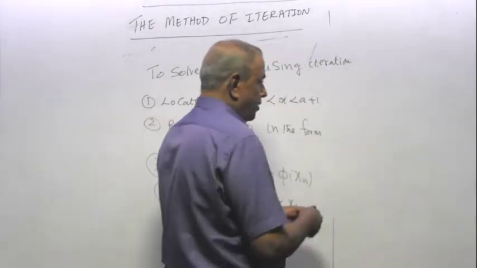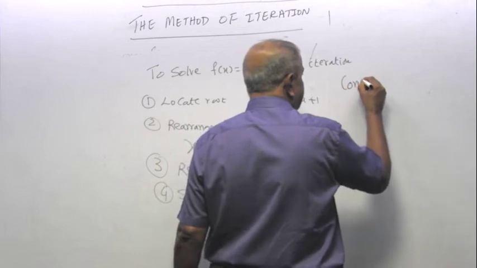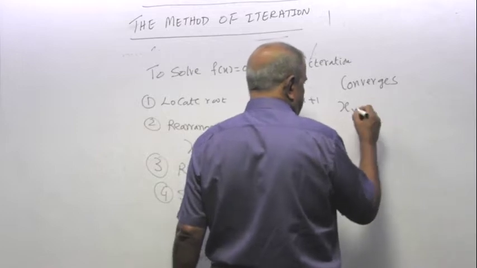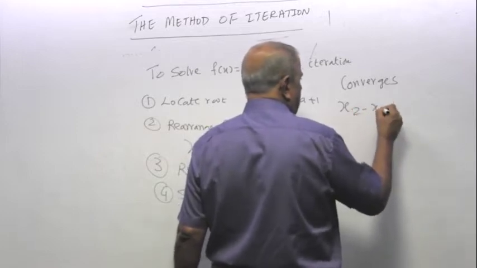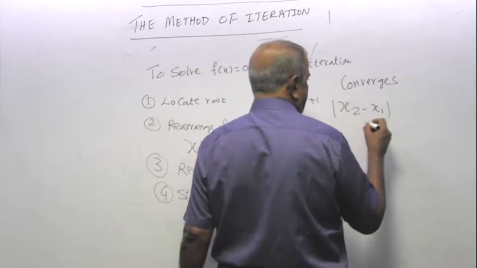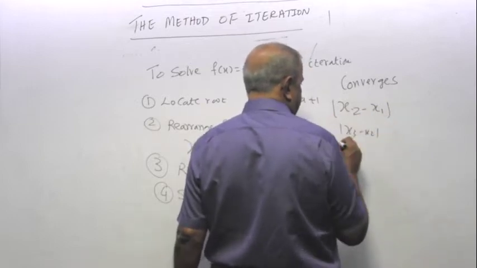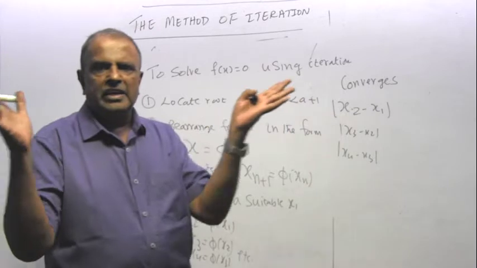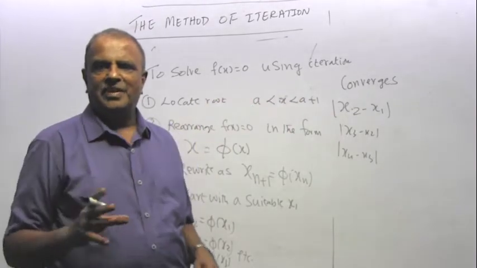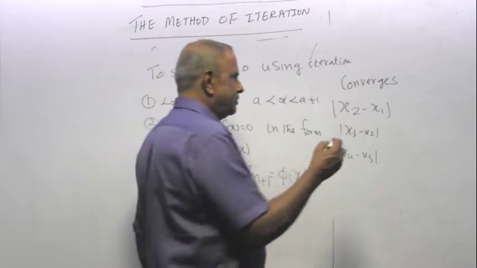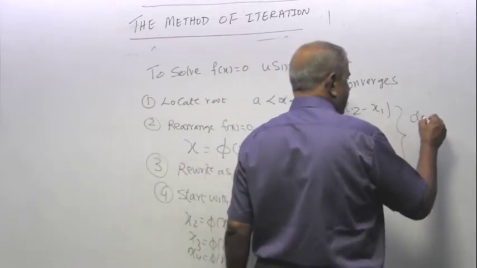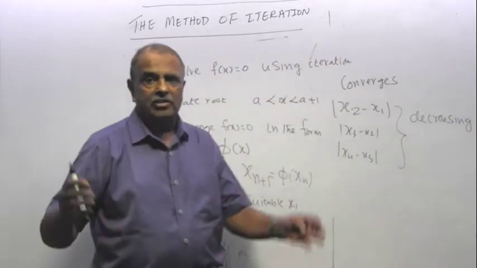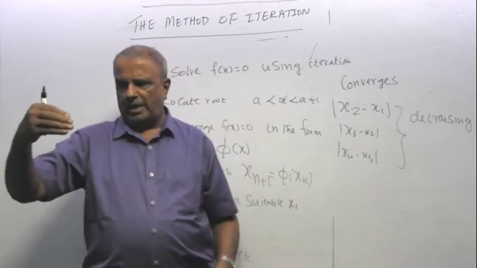The best way is, if it converges, then the modulus of x2 minus x1, the modulus of x3 minus x2, the modulus of x4 minus x3, the differences should start decreasing. Then you've got a root. Initially they might increase, but if they start decreasing, it's not necessarily monotonic in one direction. Look, it could be x2 and x1